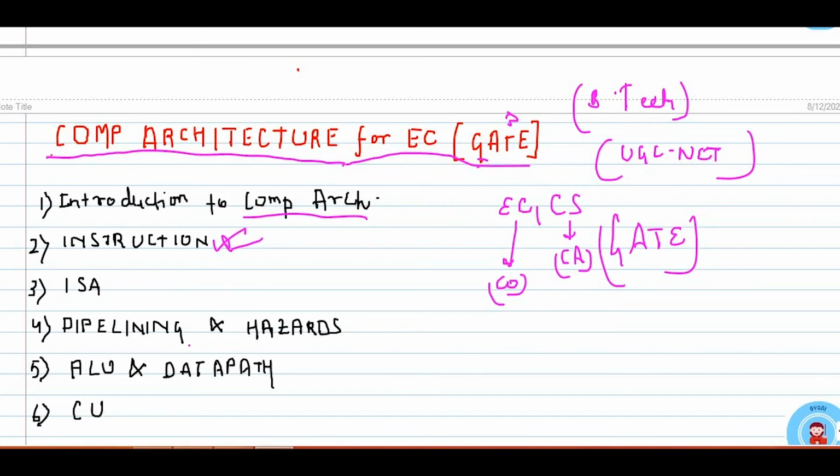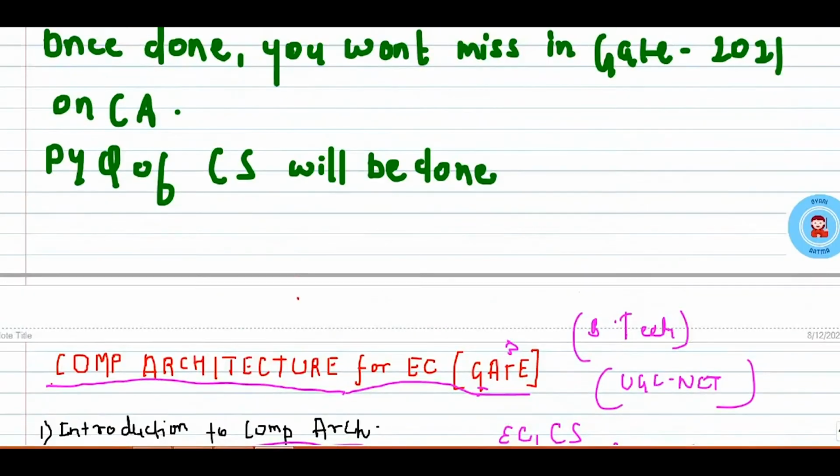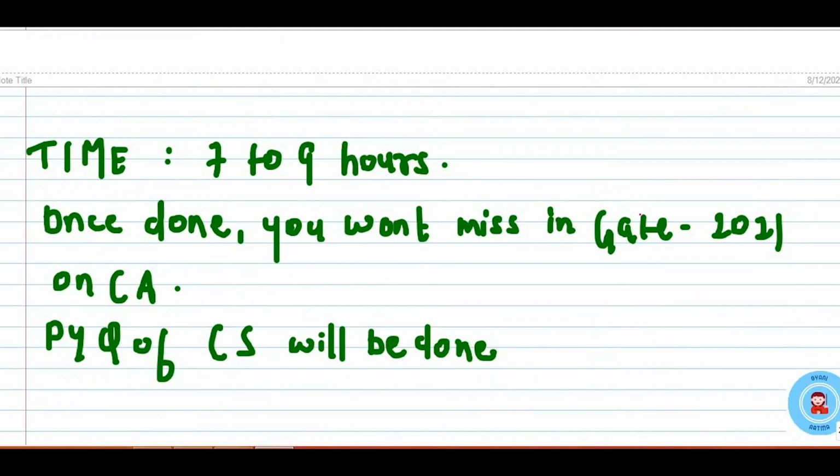Then we will read about pipelining and the hazards related to pipelining. Followed by that, we will study the core part of the CPU, that is the ALU and the various connections of registers, also known as the data path. We will also read the control unit, which is the brain of the CPU. We will learn it very exhaustively, and I assure you, you will enjoy these classes a lot. So let us come to a conclusion.